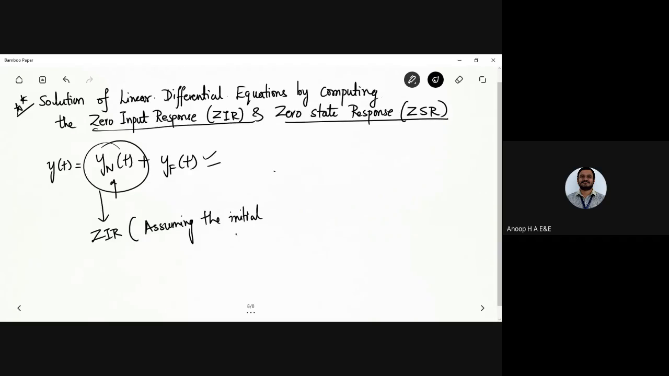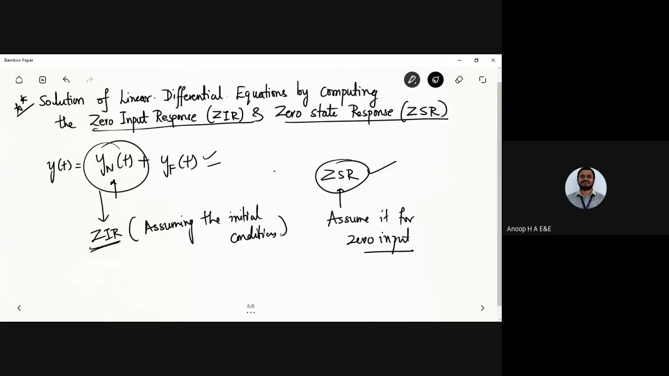Okay, so assuming the initial conditions here, that was for the zero input response. Now the zero state response, ZSR. For ZSR, you are going to assume zero input. So that is one thing here. The zero input response is equal to the natural response of